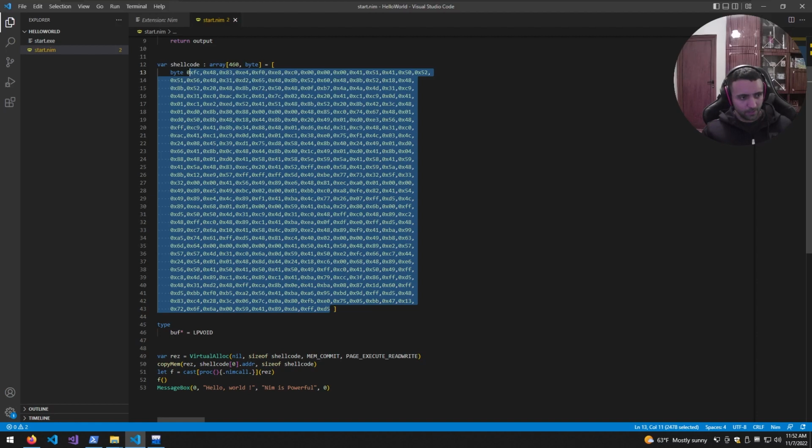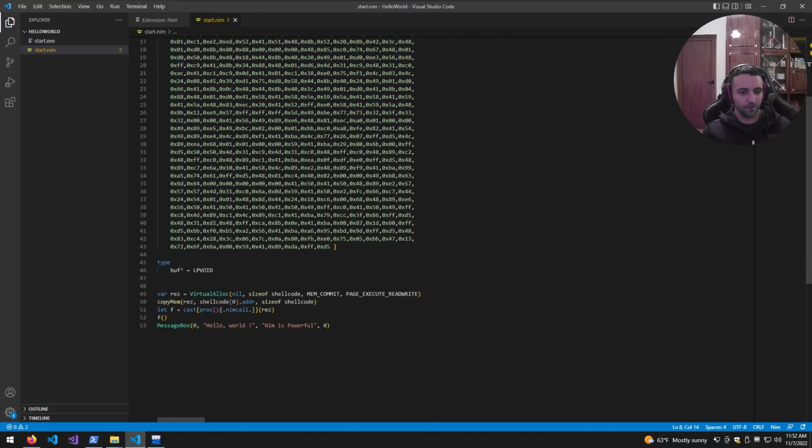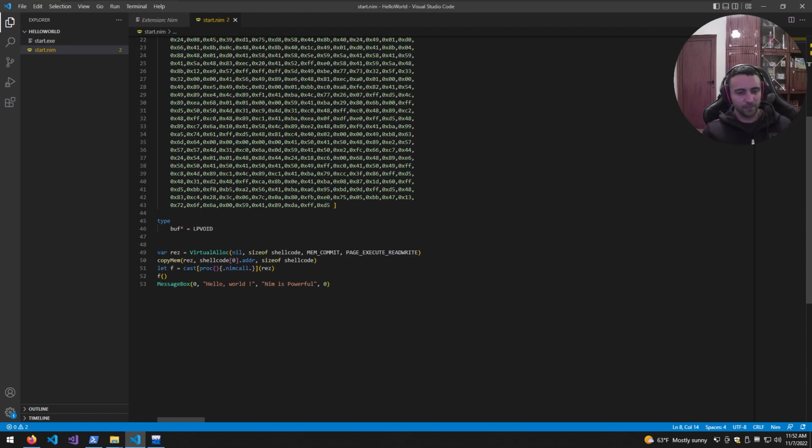What I'm thinking about for the next stream is we're going to do a staging in Nim, and I know that's going to be fun. I have a bunch of ideas how that's going to be done, and that's with the execCmdEx, because that's a way easier way of passing the output of the command to a variable, and I know that's going to be fun. We're going to go through the code, make it a little bit nicer,